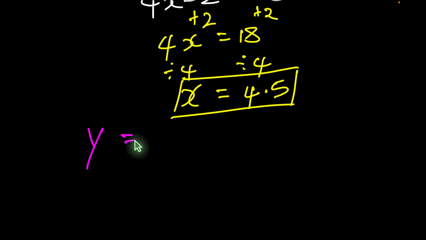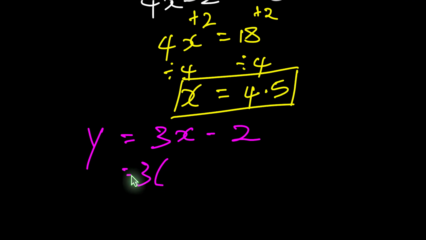So we have y equals 3x minus 2, and we know the value of x, it's 4.5. So we're just going to replace x with 4.5. And now again, we're just applying one of the concepts that we did previously, where we evaluated expressions, where we substituted values, in this case substituting a value for x. And when we work this out, we're going to end up doing 3 times 4.5 minus 2. That will leave us with